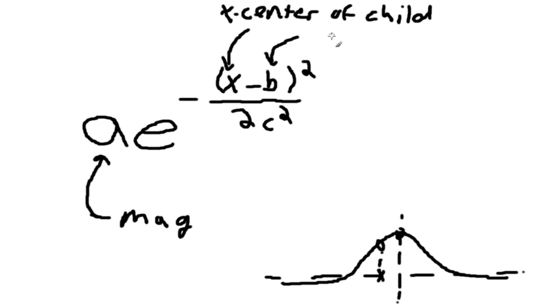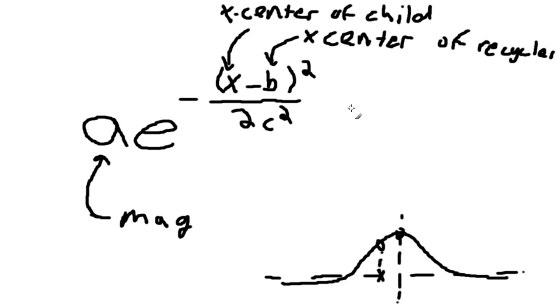Or if we want this thing to be a little bit more dynamic, maybe the recycler view wasn't taking up the whole screen, then B is just going to be the x center of RecyclerView. I apologize for my terrible handwriting with the mouse. So X is the center of the child. B is the center of the recycler view, and